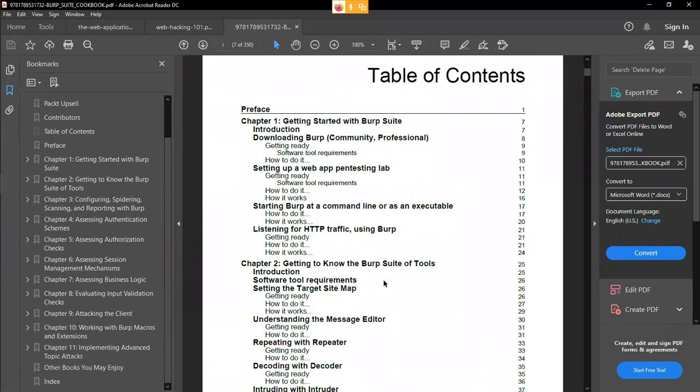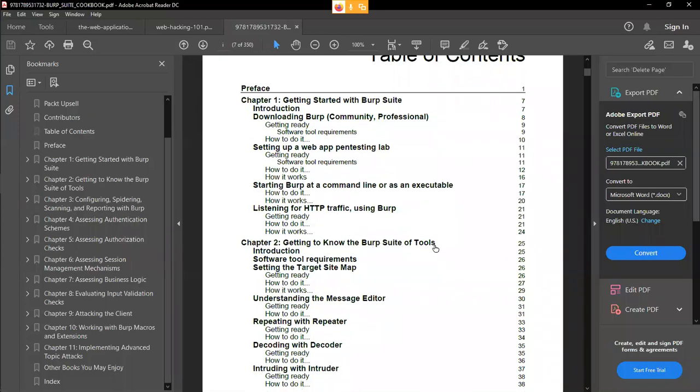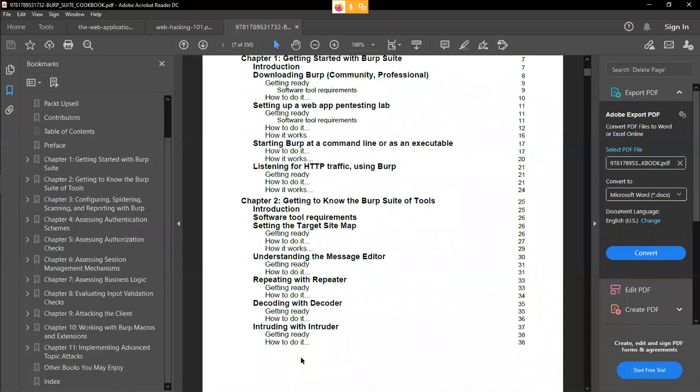And you can see what are the topics we're going to cover: getting started, software environment, setting up the burp suite labs, how it works, starting with command line and executables, listening for HTTP traffics using burp, getting over the burp suite tools, you can say injections. We're going to try all the things one by one, but the most important part is the repeater, decoder, intruder